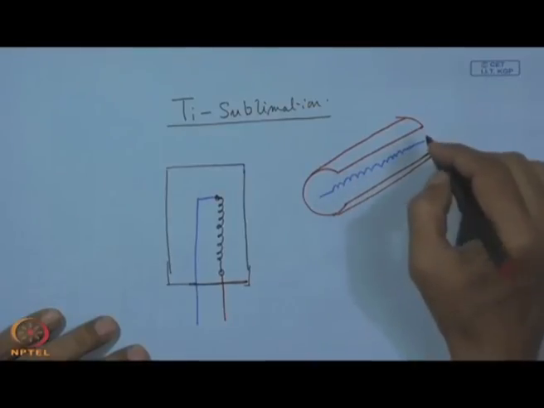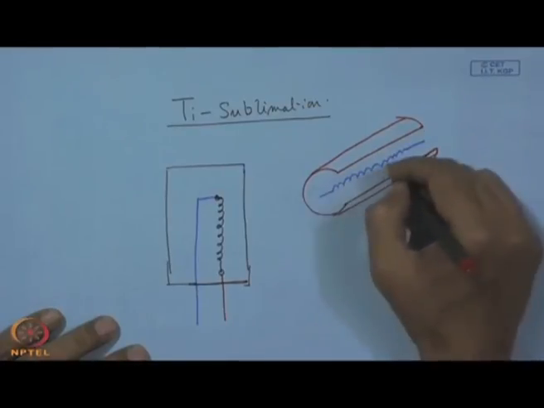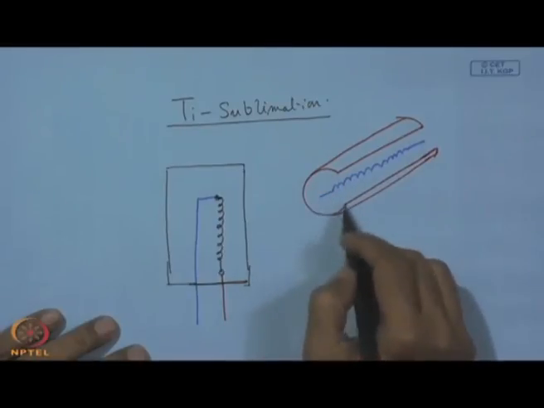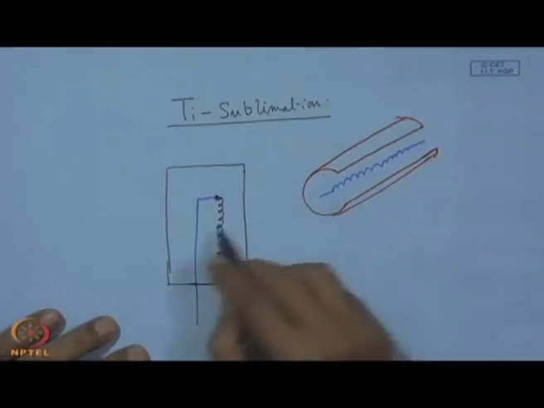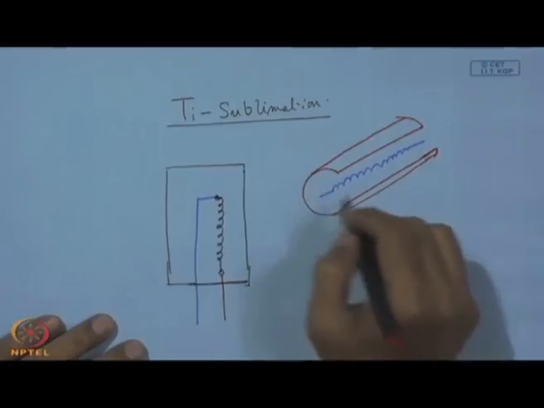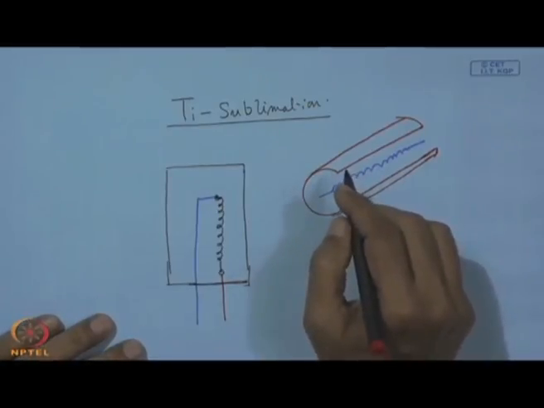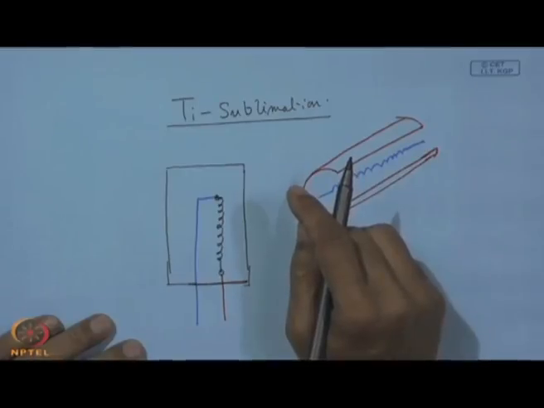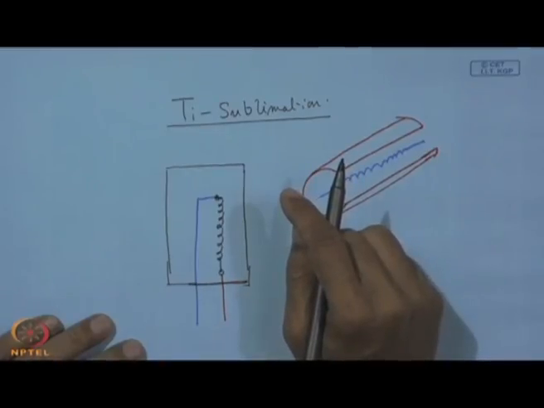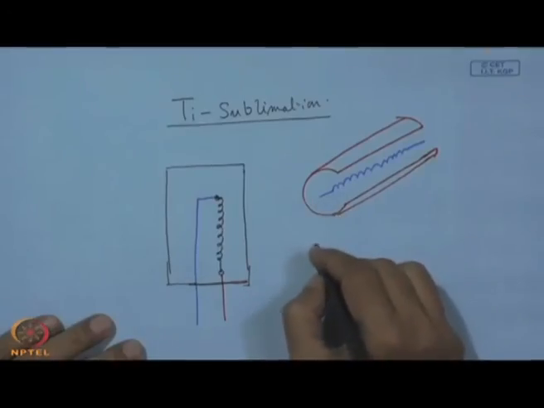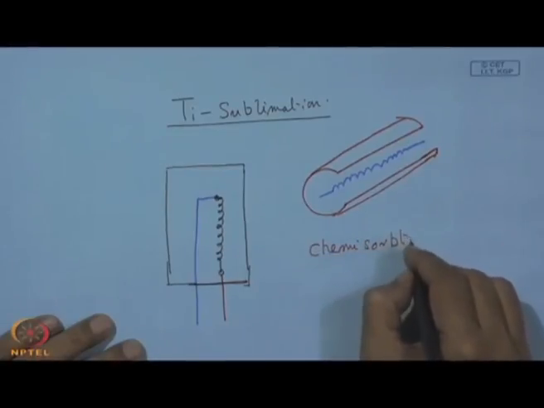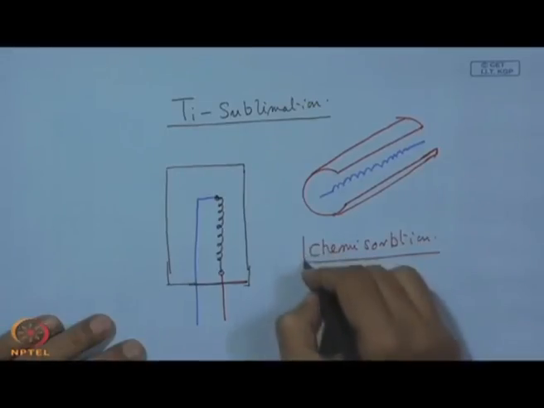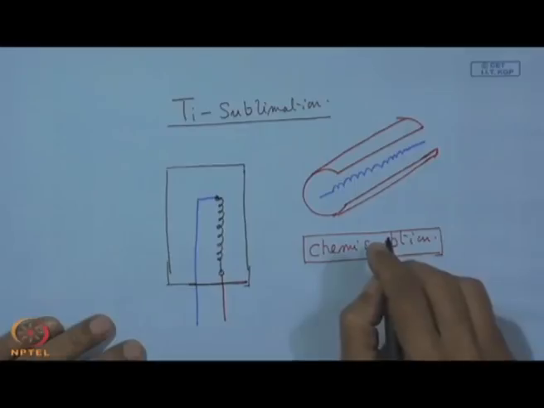It is just having one annular surface here. So, by heating this, the entire surface will be covered by titanium, and by this cover we get an enlarged surface coated with titanium. That surface will be used for getting those gas molecules which are to be removed from the evacuation vacuum chamber, and in this case it is mostly chemisorption of those gas molecules, because titanium is well known as a reactive material.